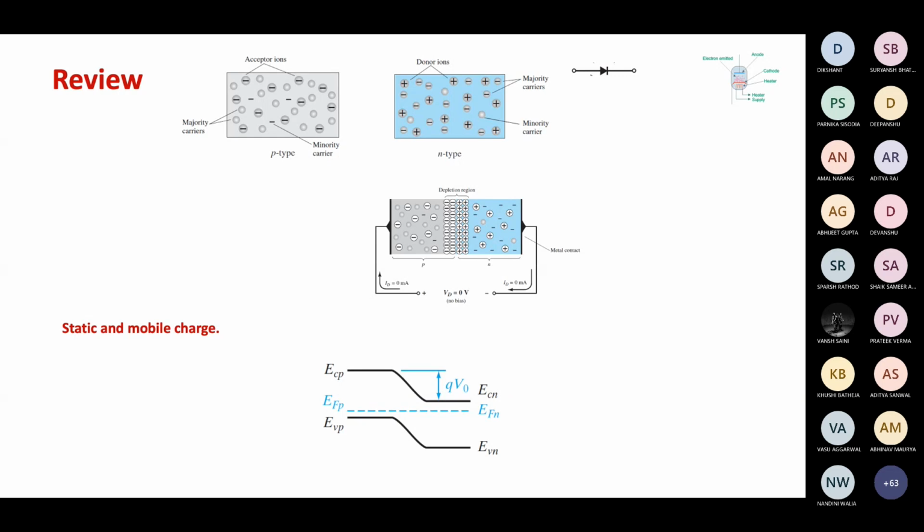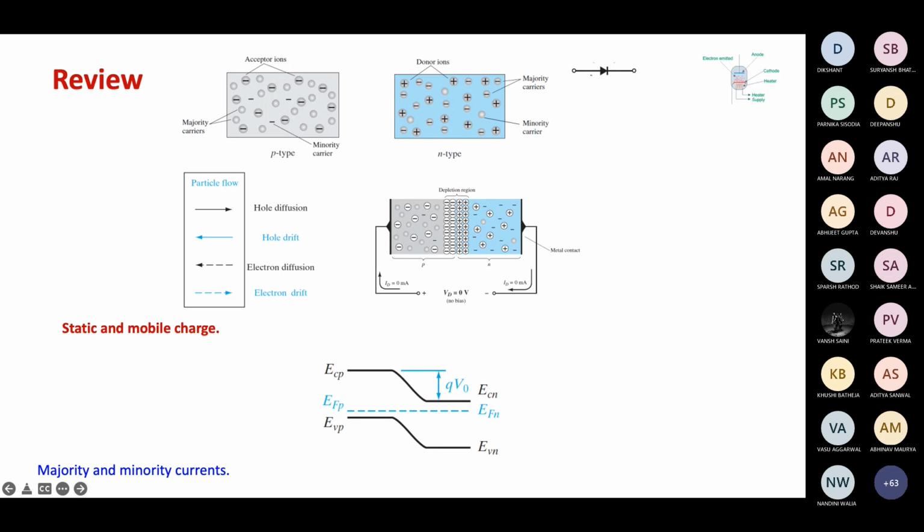So let's maybe not delay further. I hope all of you see the slides on your screen, and this is what we discussed in the last class, and this is essentially a PN junction. It is an extremely important electronic device, and this is the PN junction in equilibrium. I hope most of you understand what equilibrium is. Equilibrium is when we do not have any voltage applied across the junction, and each kind of carrier flow is counterbalanced by the exactly same reverse flow.